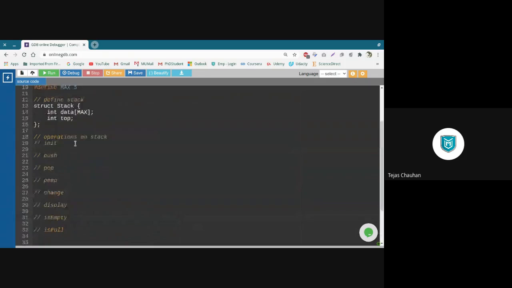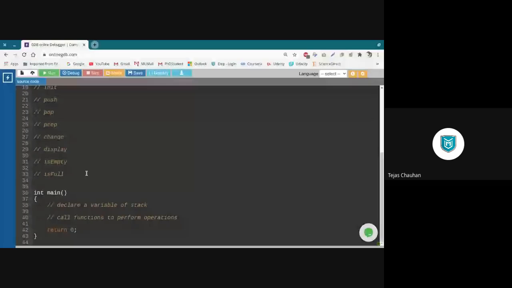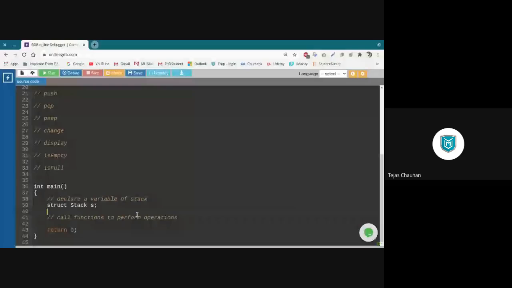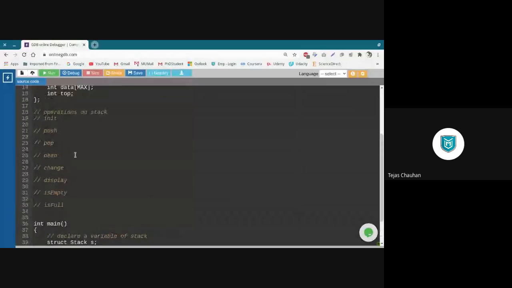Now, once we have this definition, we can declare a variable here of our stack, like this way, right? And if I define one function, let's say init function, it is not going to return anything, so void data type init. This is my function.